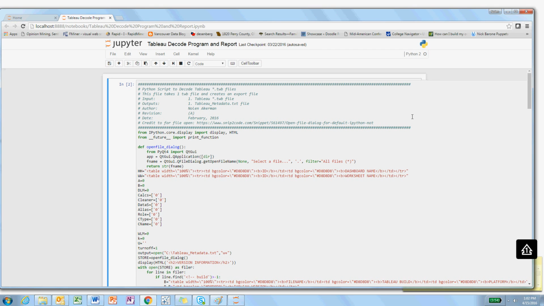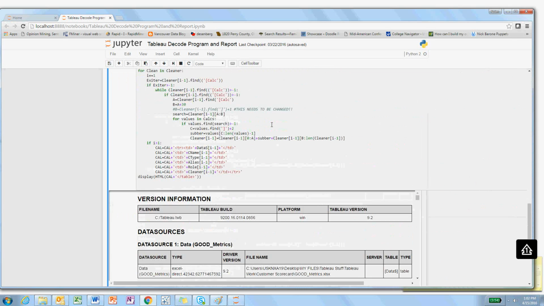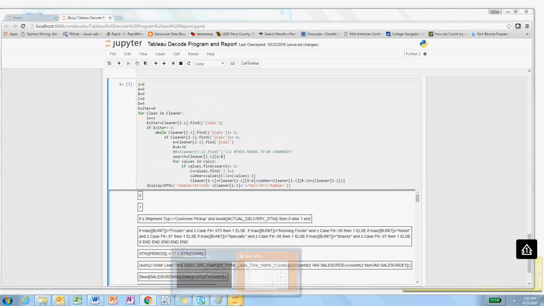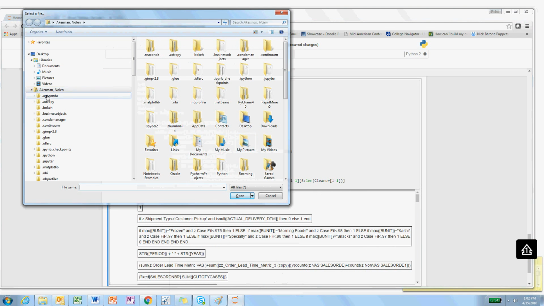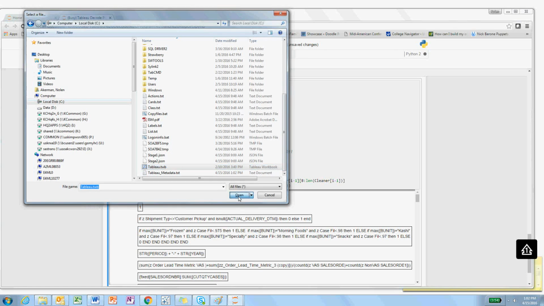And so the program that I put together is just used in the Anaconda distribution from Continuum software that has a variety of different data science tools in it. So I'm using the iNotebook feature in here, and just have a script that I wrote to be able to, if you do Shift Enter to run this, there's basically a selection file window that comes up,